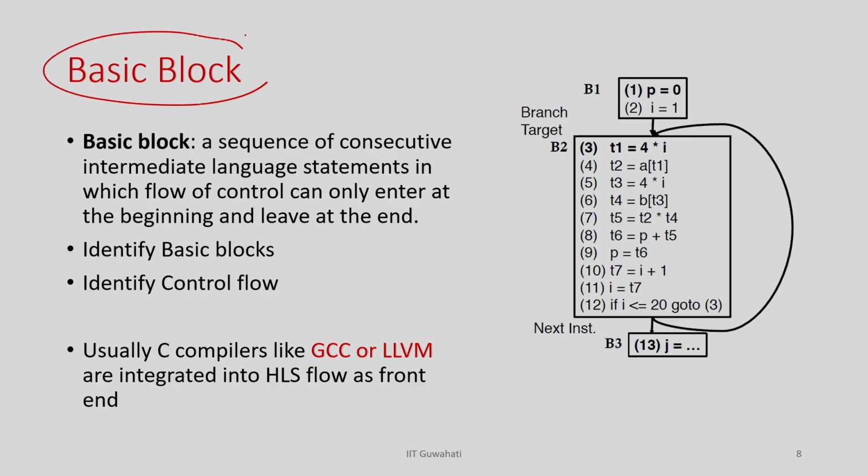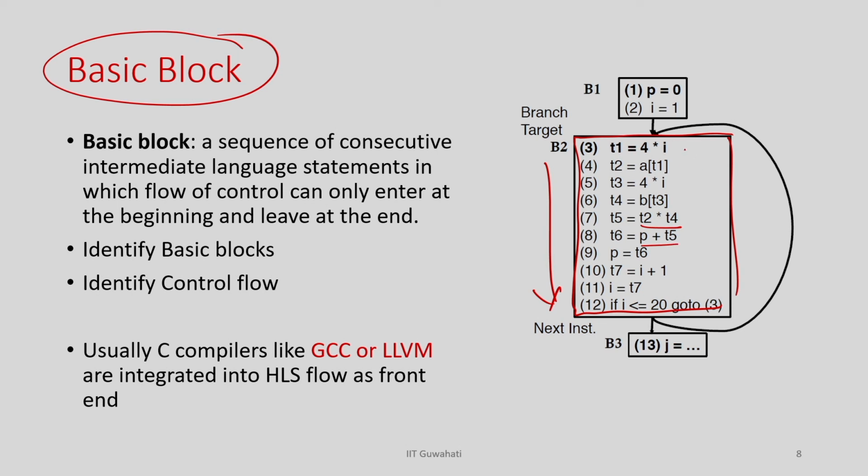At the output level, what we understood is that we get basic blocks, right. We represent our behavior as a set of basic blocks and their control flow. Within a basic block we have a sequence of 3 address operations, where each operation consists of a single operation, and there is no control flow.